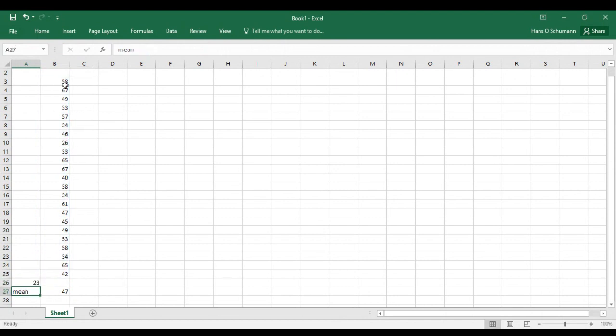It tells me there's 23 numbers, right? So the mean of my numbers was 47. That's the same thing as average. If I want to compute the median,